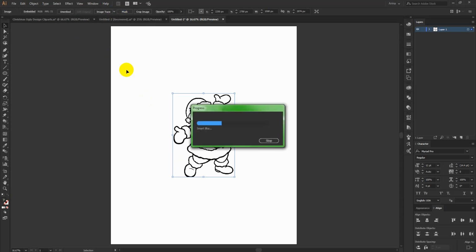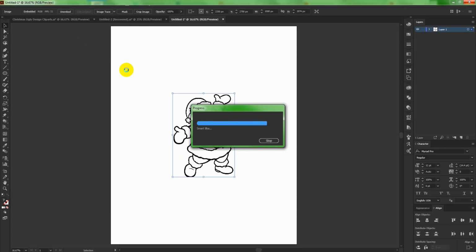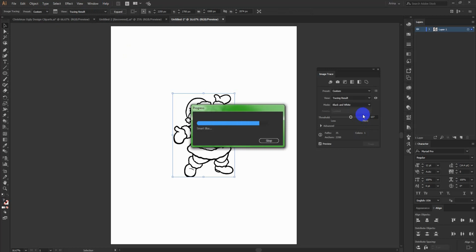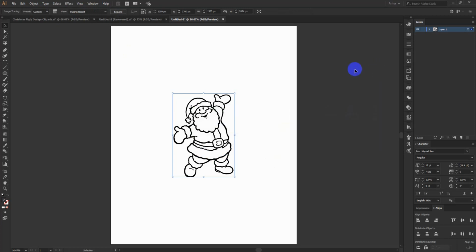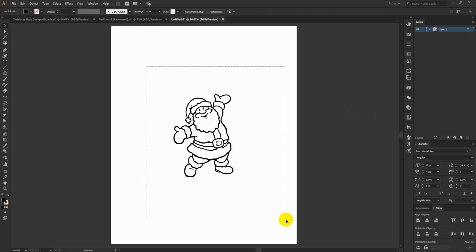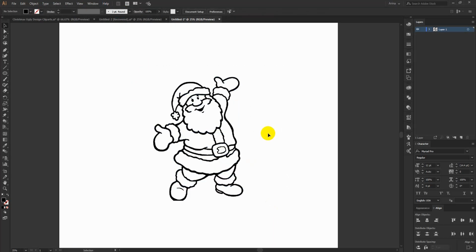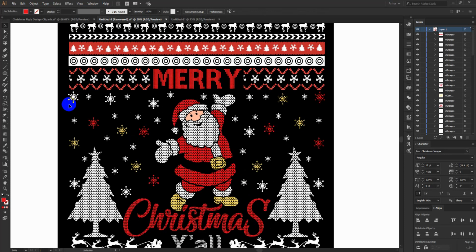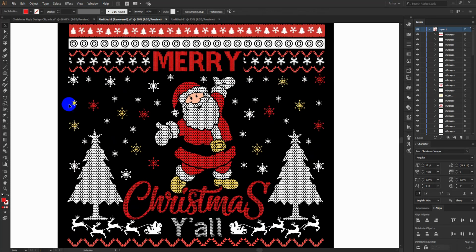Now I need to trace this image, and when you are tracing images like this taken from Google, there could be copyright problems, or you may face some copyright problems. But I am going to modify this image well enough so there will be no copyright issue, and I am going to really change this image and its total position here, like this one. Now this is a vector image of that Santa Claus.